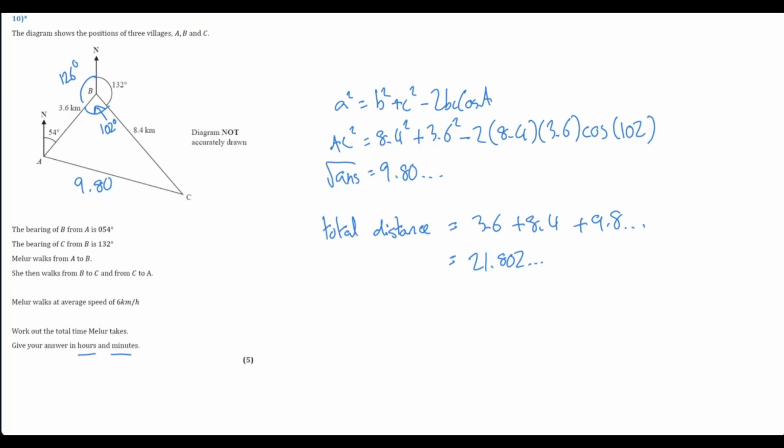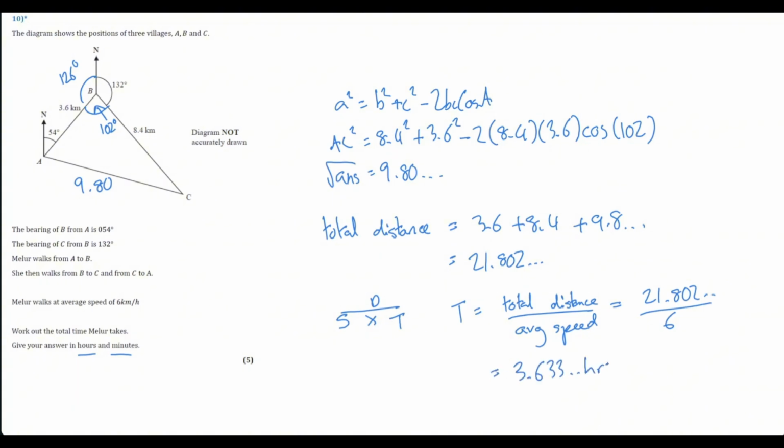Remember the speed is 6 kilometers per hour. Work out the total time. Now we are using speed, distance, and time here. To work out the time, we're going to need total distance divided by average speed. So the total distance is going to be 21.802. Divide all of that by 6, and we get